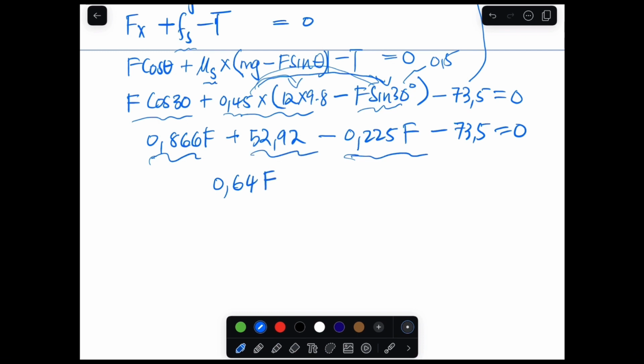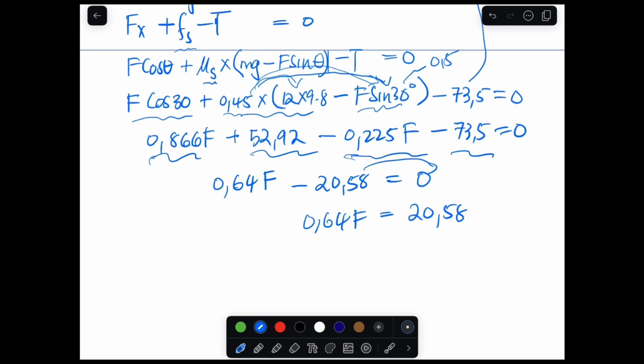And then the answer between these two, okay, let me punch it in the calculator. It's 52.92 minus 73.5, it's minus 20.58 equal to 0. And then we transpose that to that side. It's 0.64 f equal to